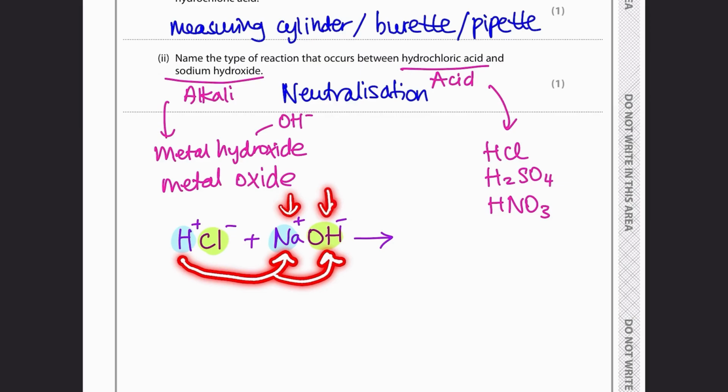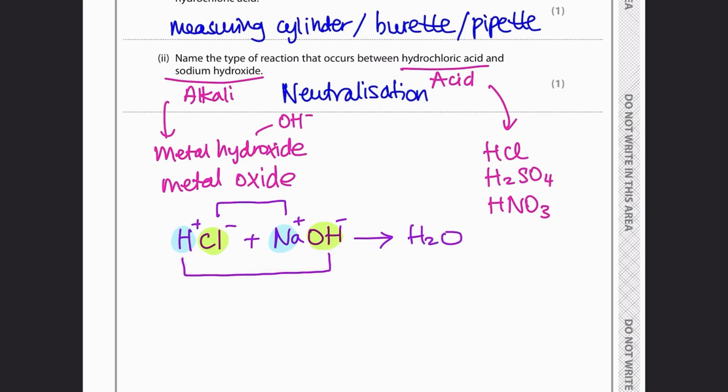Opposite charges attract, right? So therefore, this positive one will bind with the negative hydroxide, and also this positive sodium will bind with the negative chloride, and therefore my products will become, for this one, H2O, literally water,